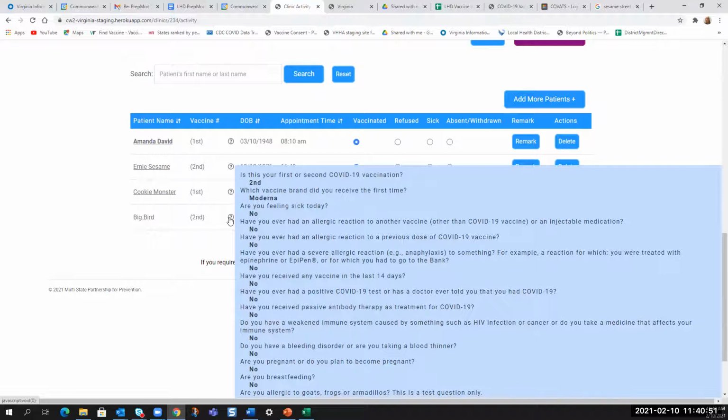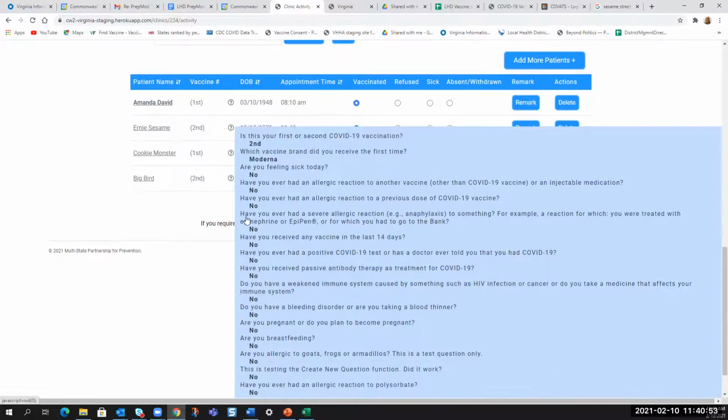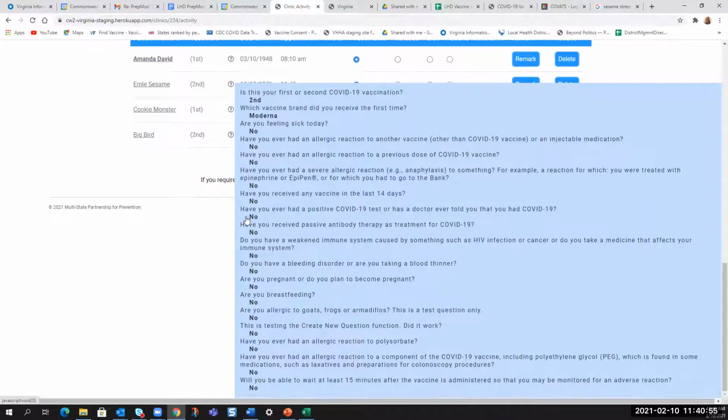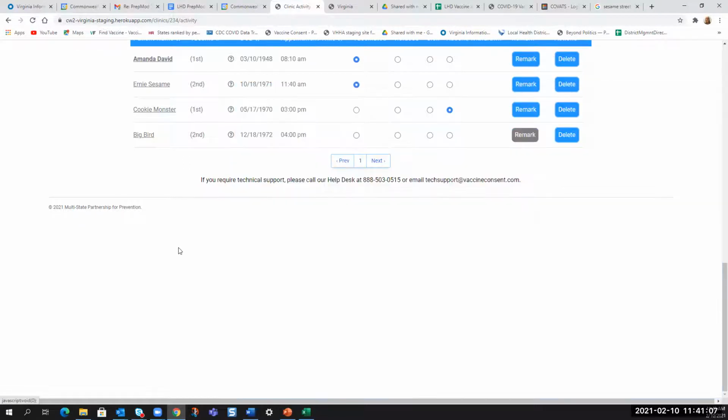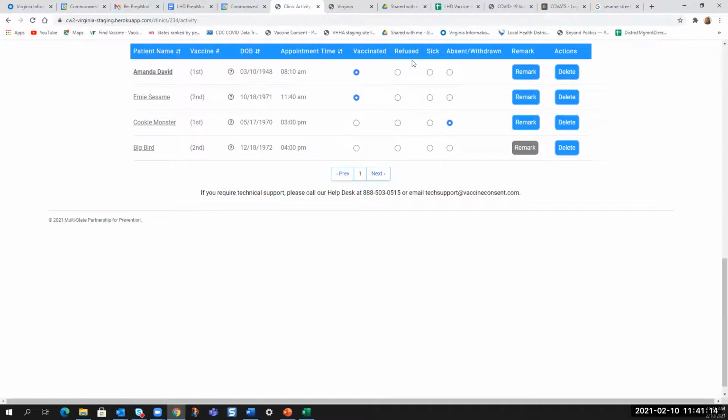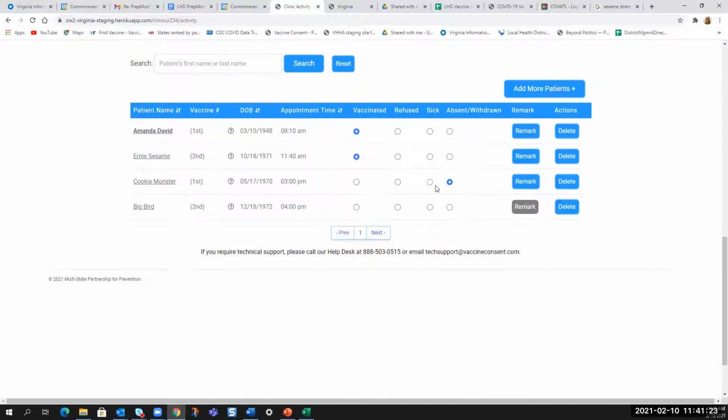And if there are any changes to these, you just slide over and then you can scroll down. For example, are you feeling sick today? Maybe you've started taking a blood thinner. The only way to change these at this point in time is to complete the vaccination or tell the system that they were refused, sick, or withdrawn, and then we'll make a remark. But let me show you another way to take a look at those